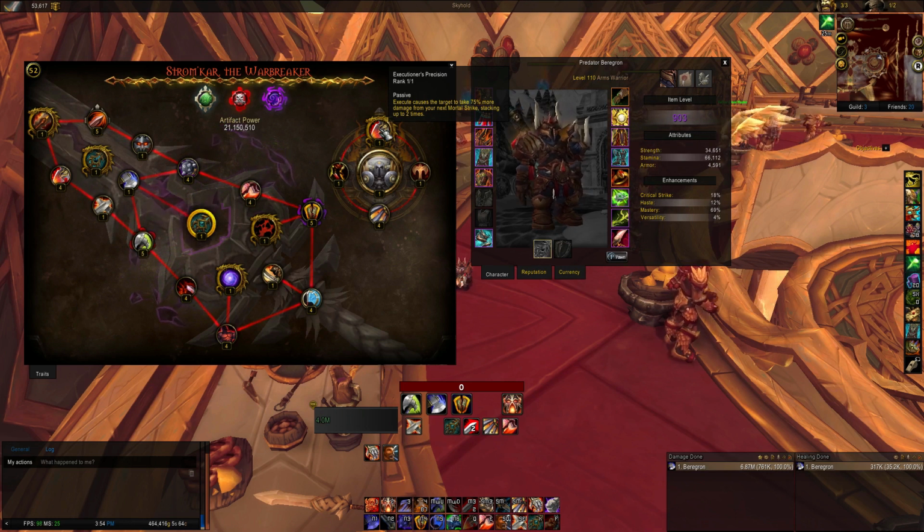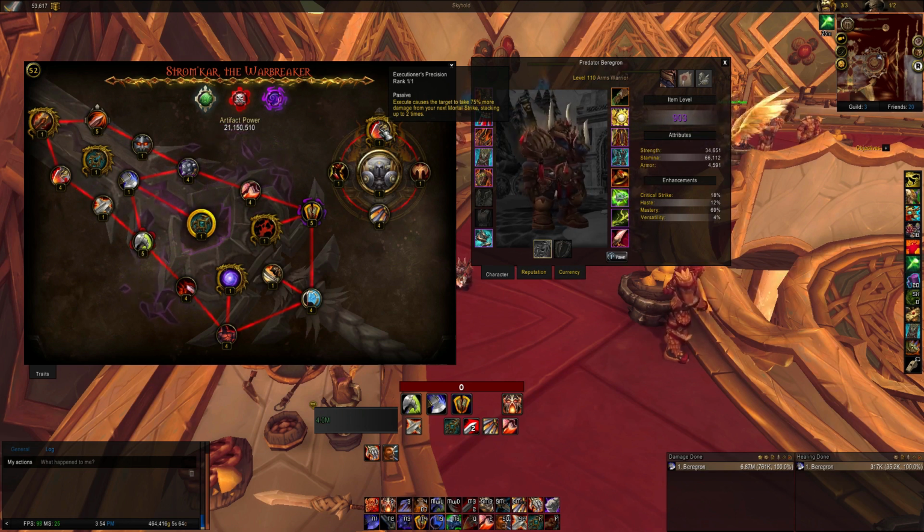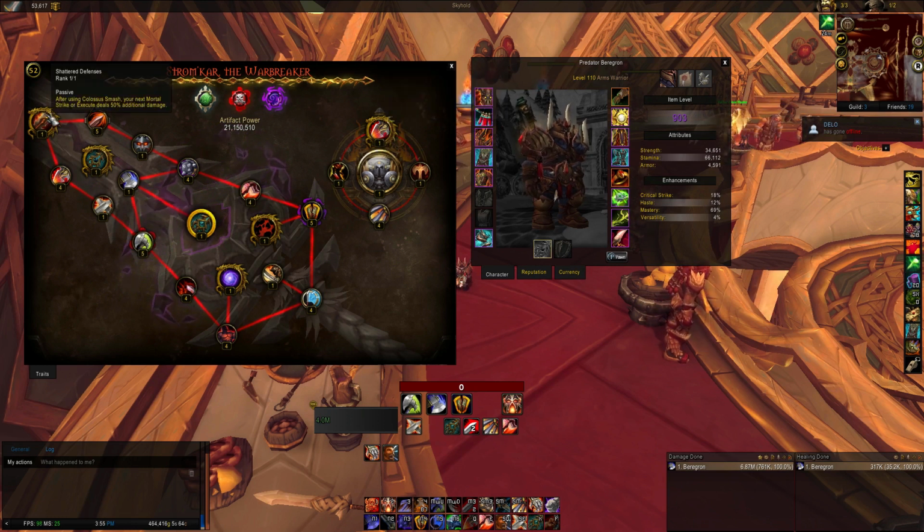Because an Execute by itself, just with Tactician, with Shattered Defense, will hit way harder than just a normal Mortal Strike. It will, every day of the week. However, if you have one stack of Executioner's Precision, now you kind of...